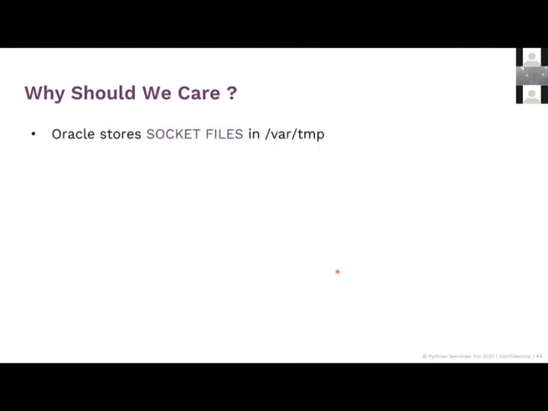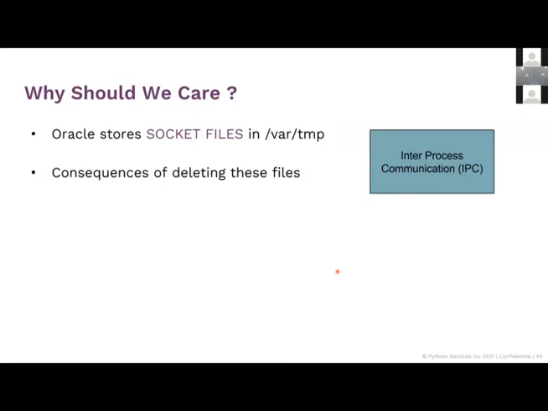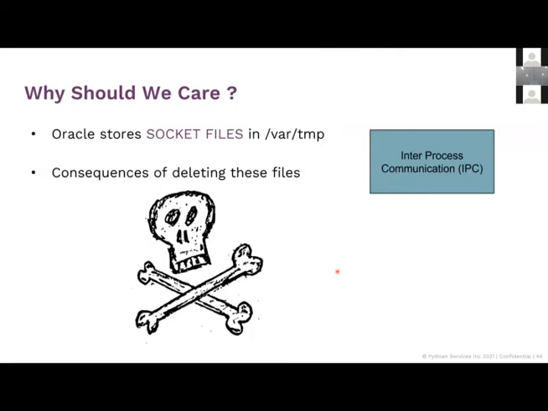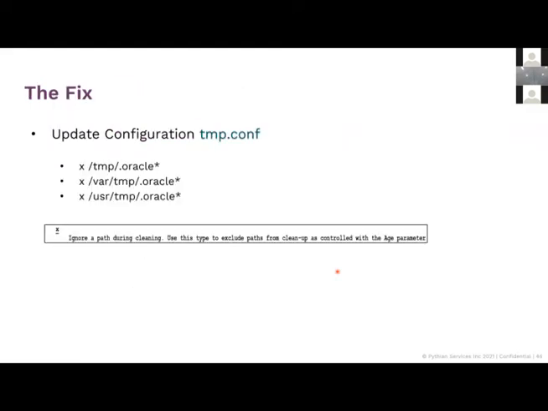It is because Oracle stores something called socket files in /tmp, which are basically files that are used for inter-process communication or IPC. These files are very important and are used to establish sessions and to pass along variables and information, right? So the consequences of deleting these files could be pretty deadly. You can find a lot of blogs on our website which talk about these use cases, and a note describing it. So what we want to ensure is that default processes on the system do not overwrite any database files. That is the main thing that we're trying to ensure.